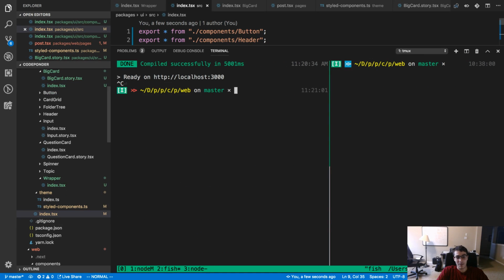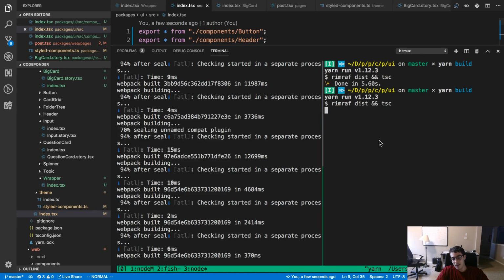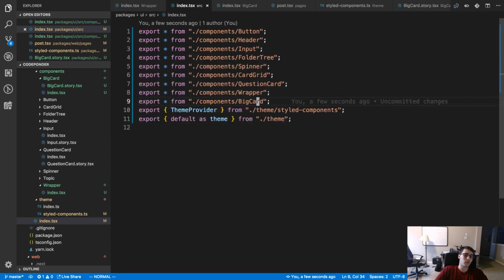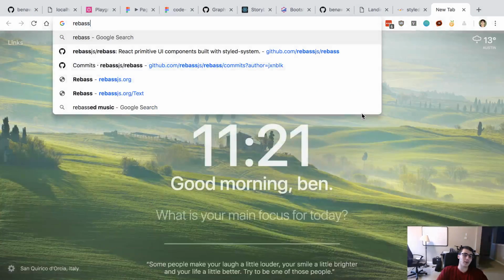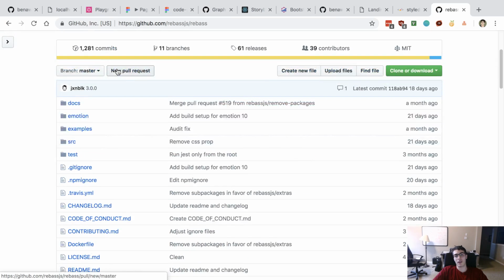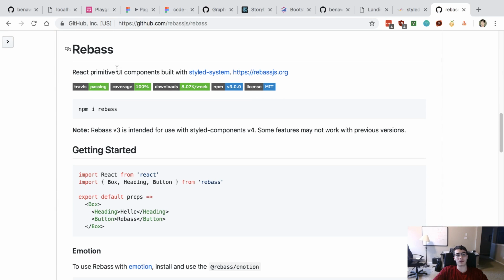Which means I'm gonna have to rebuild all that. Let's add rebase real quick, because then we'll get some nice primitives out of it as well that we can start with.